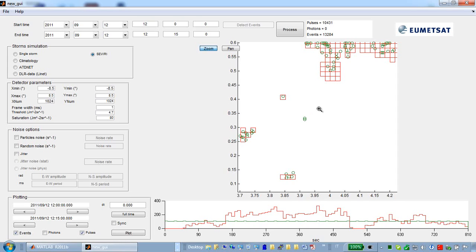It's interesting to notice that for some pulses we may not have any event triggered at the LI matrix level, while on some big pulses, this is only the central position, but there is a spread of light all around, so we may have the triggering of pixels that don't see the direct presence of a lightning there. With the right click, we could reset to the original view